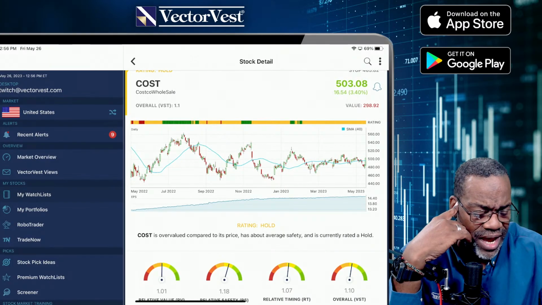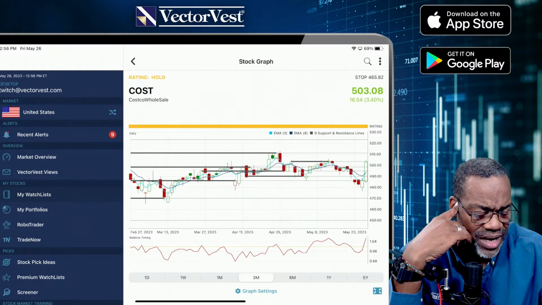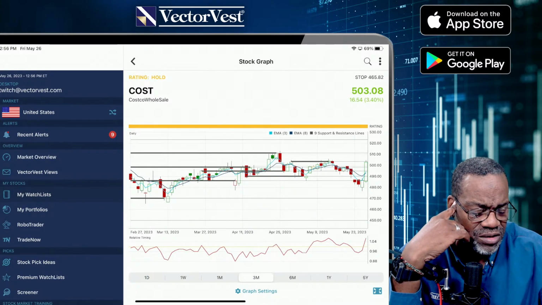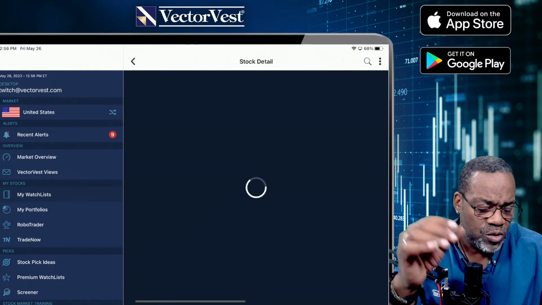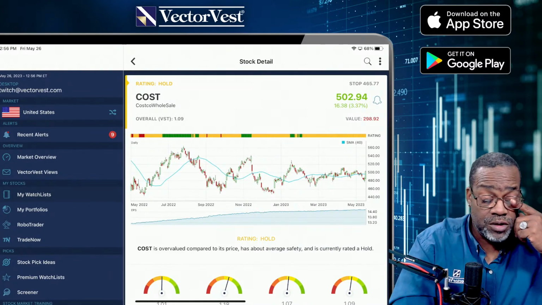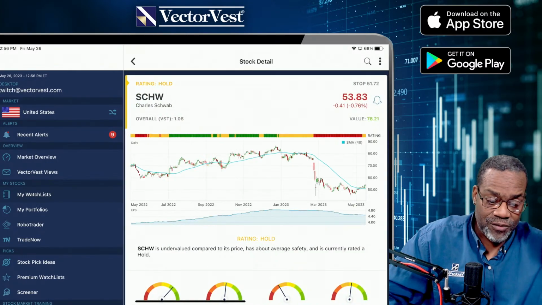Big update today. Click on it. Big update today, but it's got a lot of headwinds. Look at all of those levels of resistance that it's got to break through. Do you really want to hold on to that, or do you want to get into a better looking stock that can help you make money now?